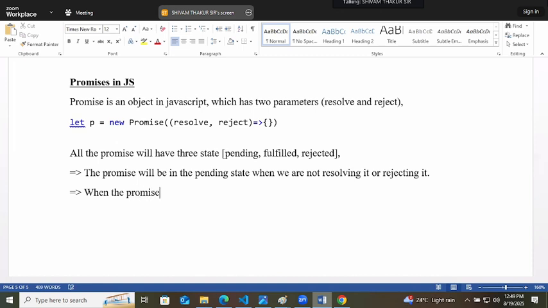When the promise is resolved, the state of the promise will be fulfilled.